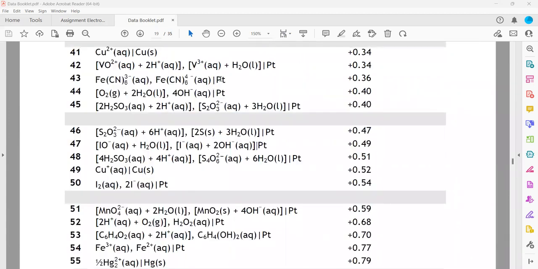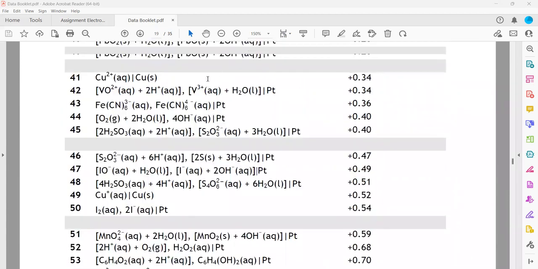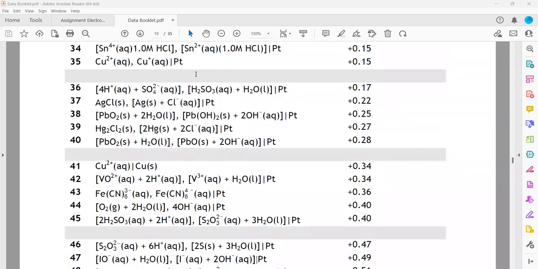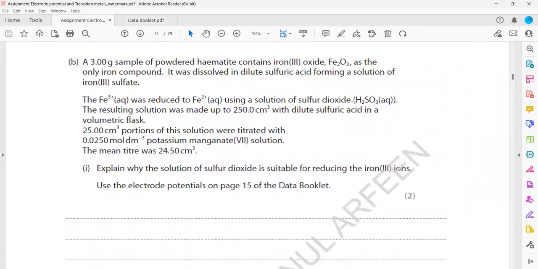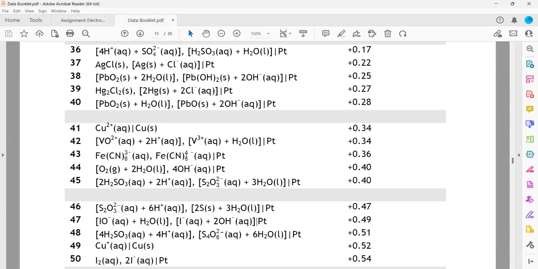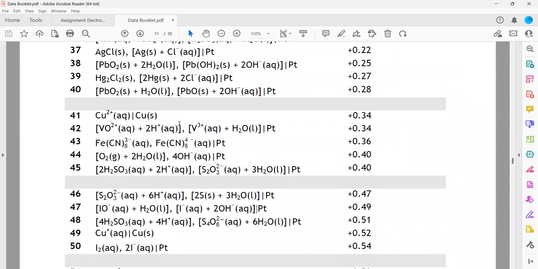So this one we have 0.44, because this acid was used here. As you can see, H2SO3, sulfur dioxide aqueous, this one is H2SO3, that is 0.44. And for converting,